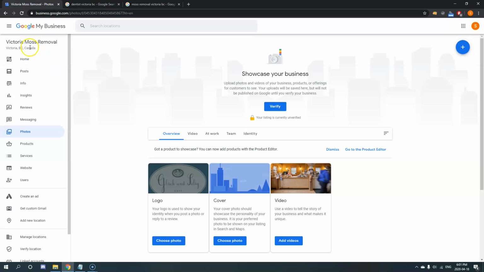So leave as little footprint as you can, and use different email addresses to make these listings. Use different phone numbers, ideally, because they also flag phone numbers. If your listing gets suspended, your chances of putting up another listing with that same phone number decrease. And also use different addresses. And one more thing,